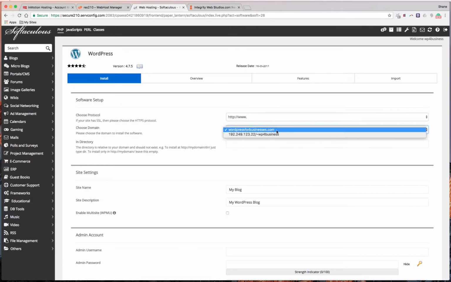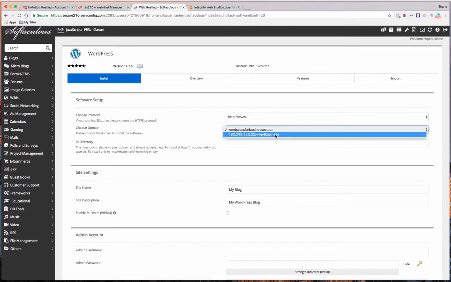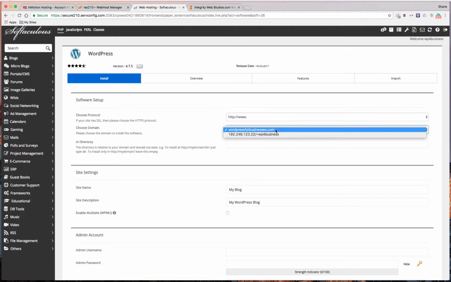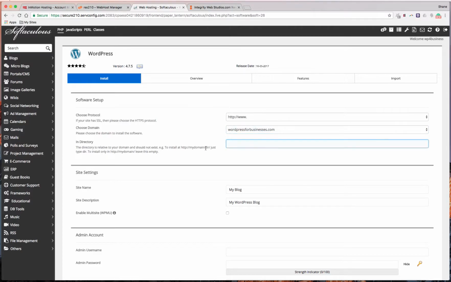Well, if we have a live site up now and we point it back to this hosting setup, then we would lose the other site. The other site wouldn't be visible anymore. So what this does, if we choose this option, it allows us to run the website. This would essentially be our quote-unquote domain name until we're ready to go live with it, and this would be fully functioning. In this case, I'm just going to go ahead and choose our regular WordPress for Businesses,